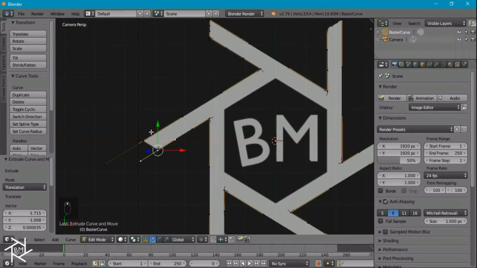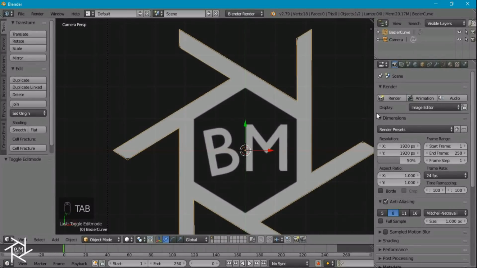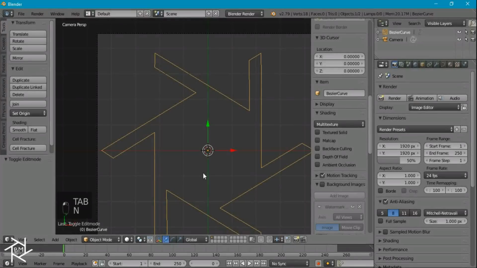Alright, so I'm done outlining our 2D image here, and to close off this section all I want to do is right click on the center point of this segment, and then hold Shift and right click the center point of our last segment, and if we press F it'll fill it automatically. So now if we tab out of edit mode and hide our background image, you'll see that we only have